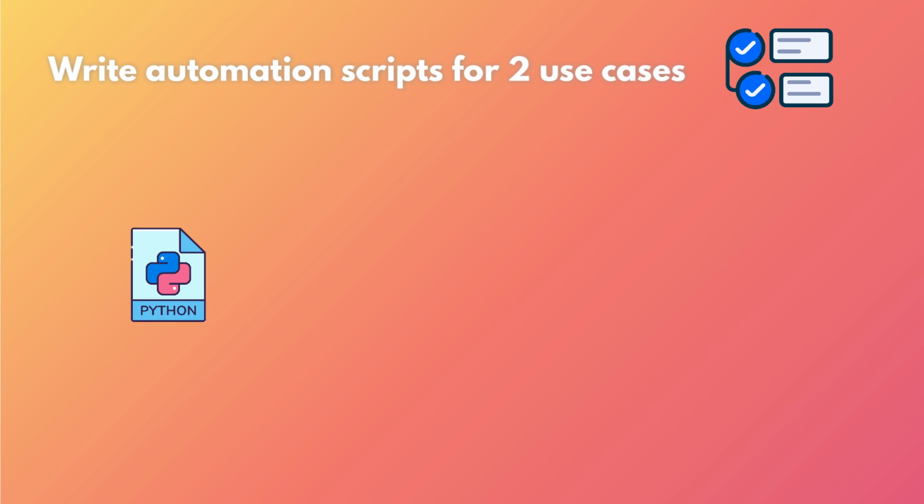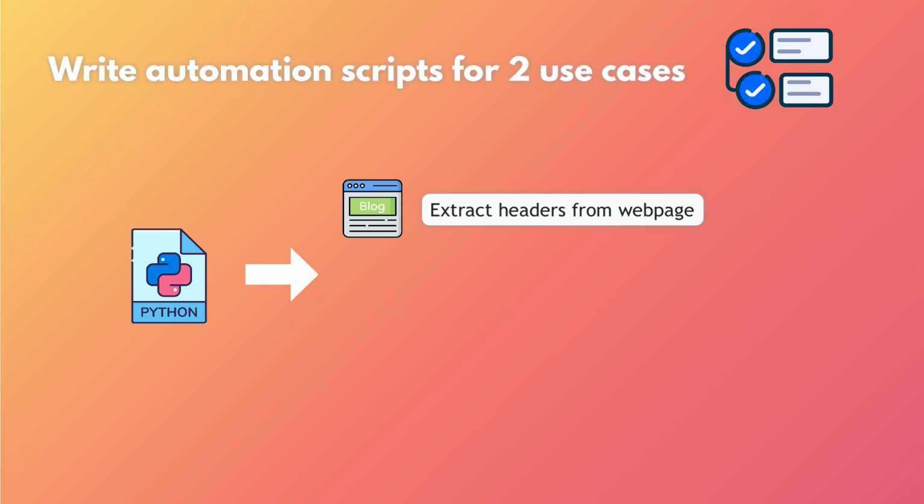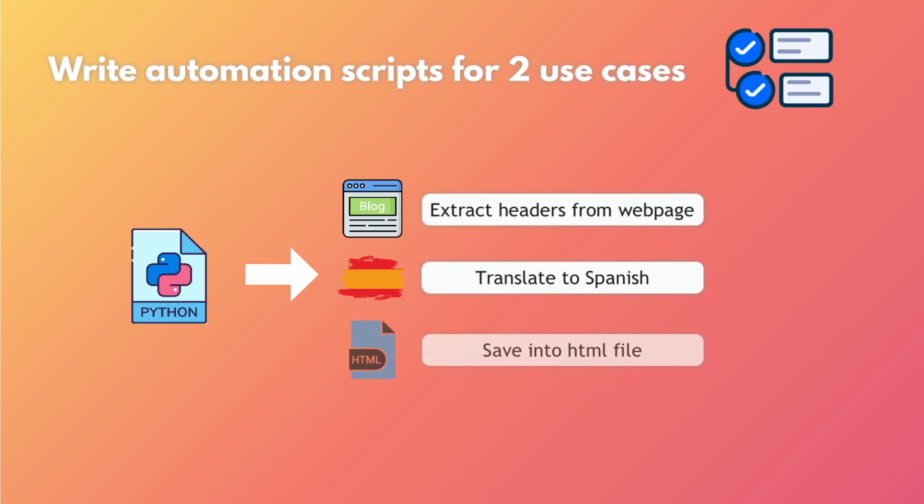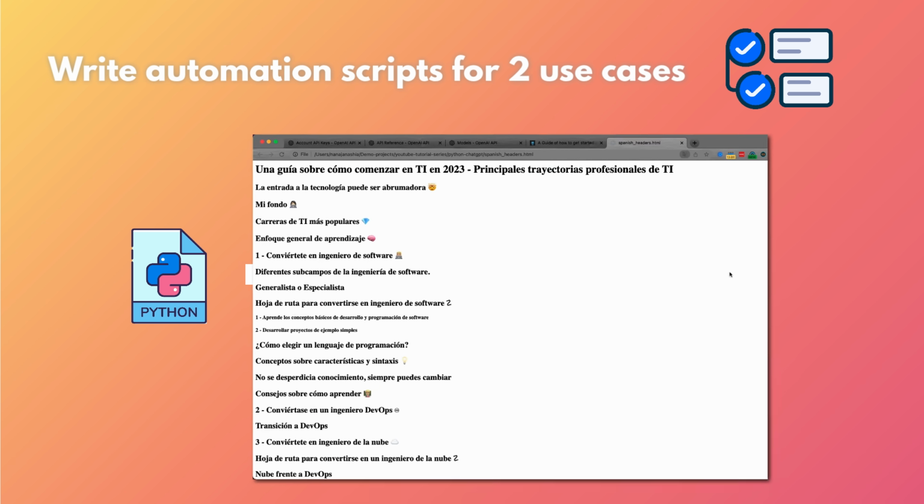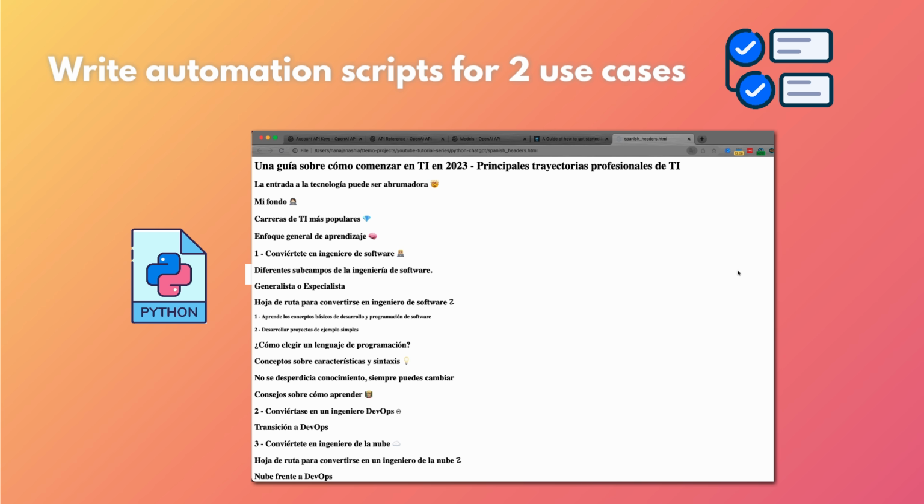First, we will write a Python program that takes any blog article or any web page, and it extracts all the headers from that page or article. And then it translates all those headers to Spanish and saves it into its own HTML file. So you can open it in the browser and basically see all the headers of that specific blog article translated